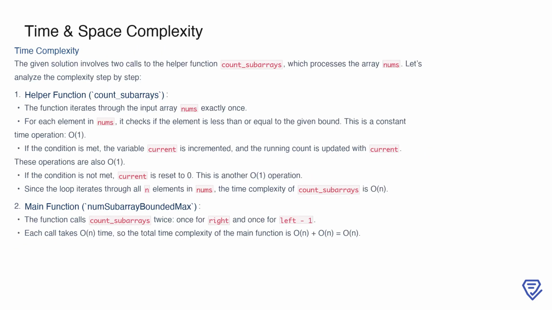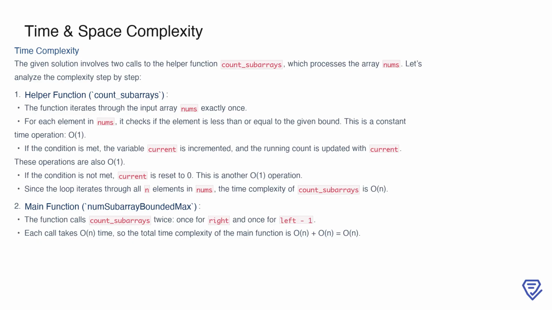Here, we are analyzing the time complexity of the solution, starting with the helper function count_subarrays. This function iterates through the array nums exactly once, performing constant time operations for each element. Specifically, it checks if the current element is within the given bound, updates a running count if the condition is met, or resets the count otherwise. Since these are all O(1) operations and the loop runs for all n elements, the time complexity of the helper